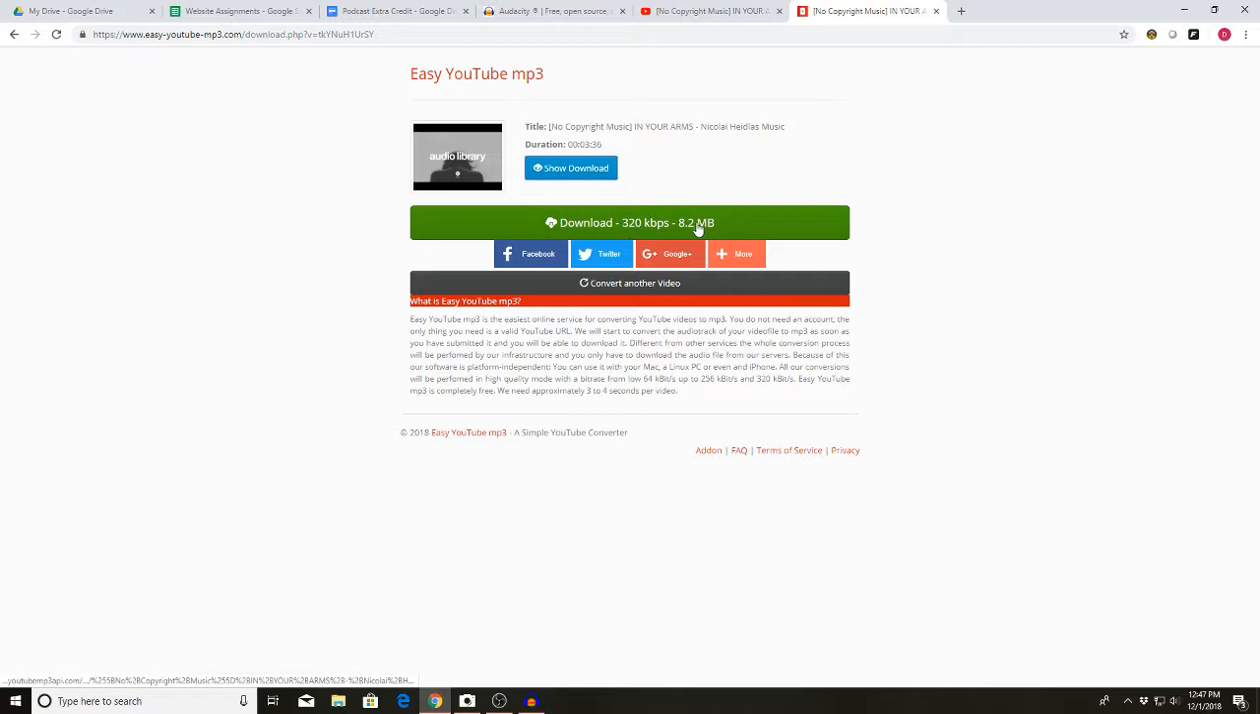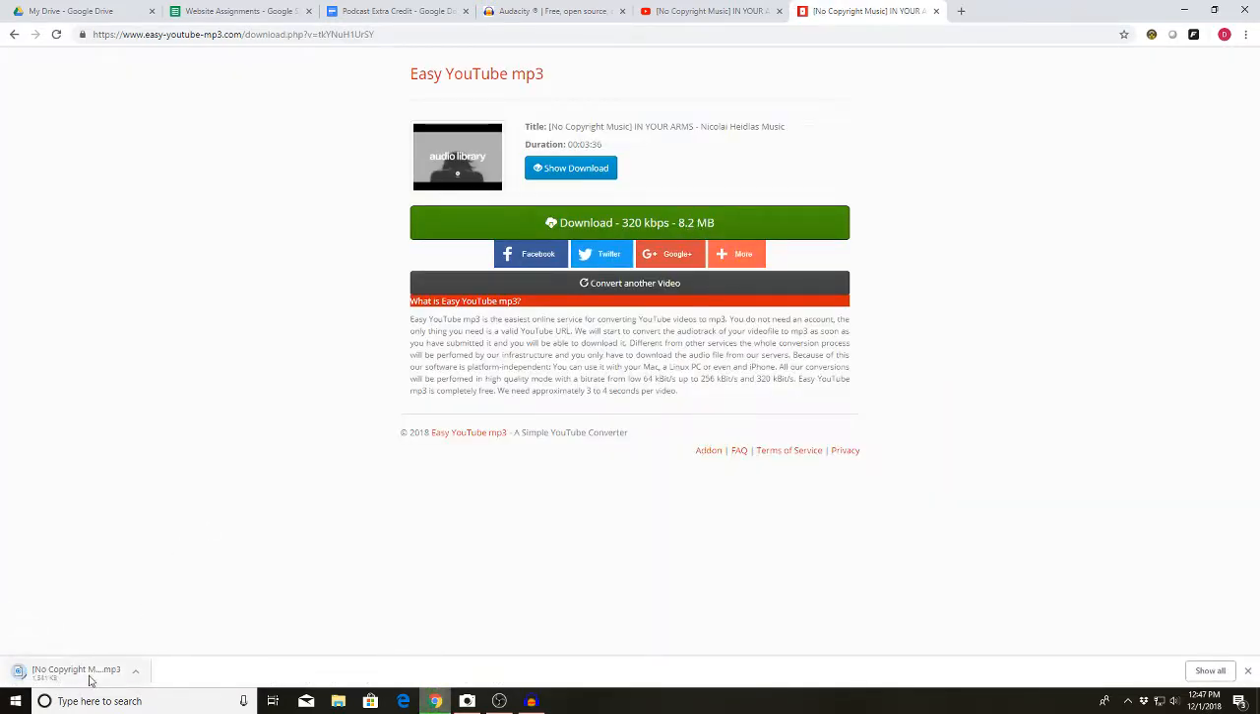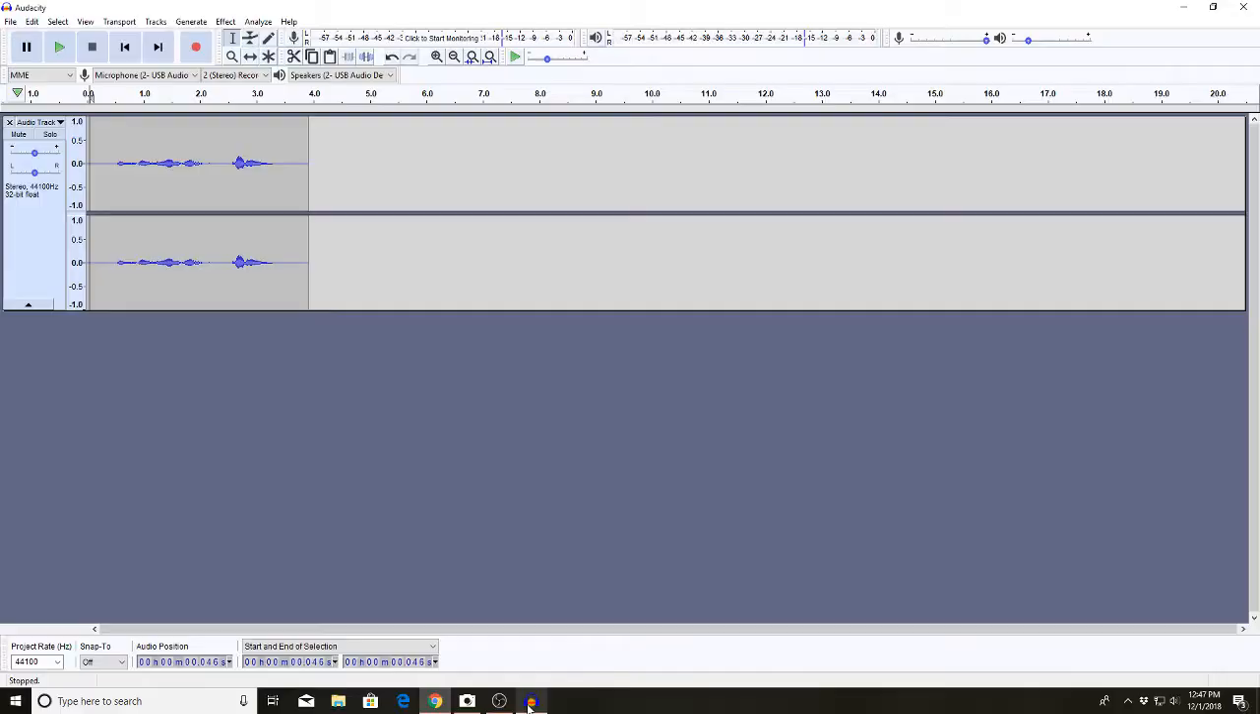And then I'm going to do the show download, and download it. It's 8.2 megs. Not too bad. It shows up as downloaded down here. 8.2. Exit out of that, and now I have that file. So I go back to Audacity,